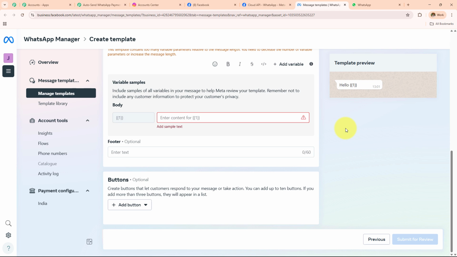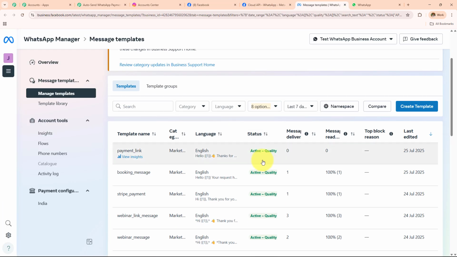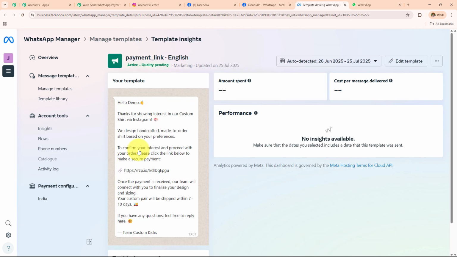Now here I have already created a template which I'm going to open. So here my template has been reviewed and my template is active now. After creating, your template will take only a few minutes to get approved, and then you can use it in your workflows. So here, this is the template which I've created by the name payment link, and then I have added